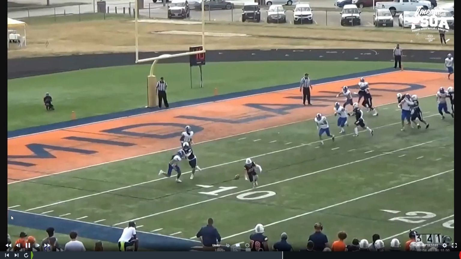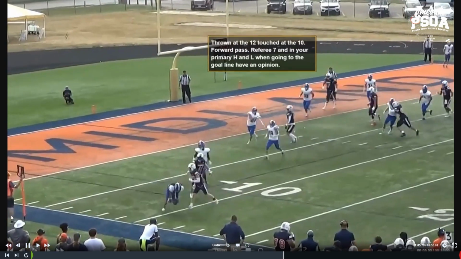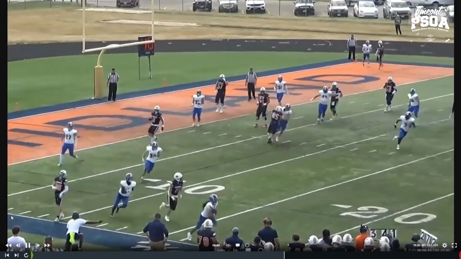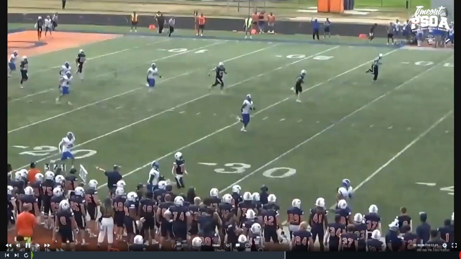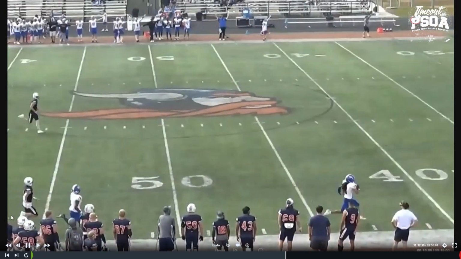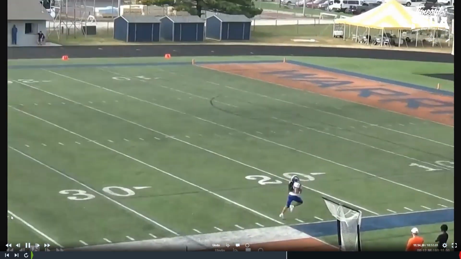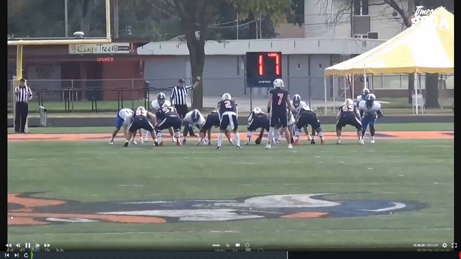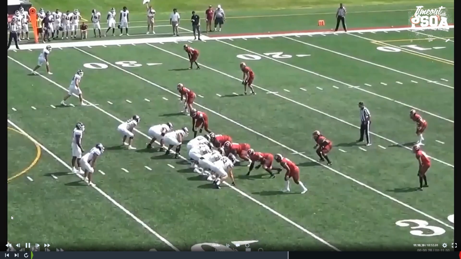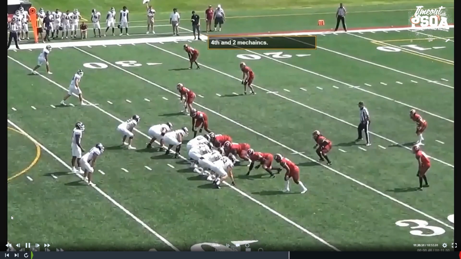But what happens here is they pick it up, and of course they go scoop and score. So we can let this play out and come talk about it, but mechanically that's how we need to handle those. So in the future, before your next pregame has to be the discussion on this play and just reviewing how we're going to do it. Okay, we've got a couple plays here to talk about.